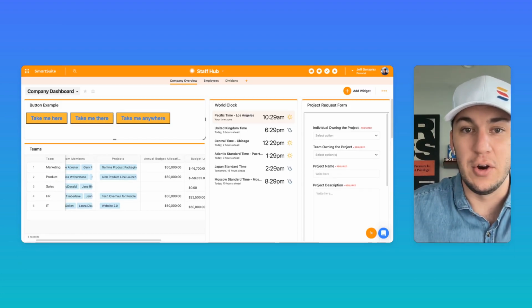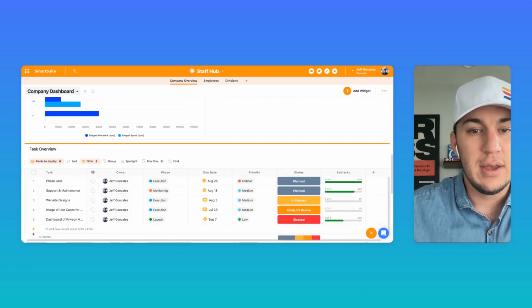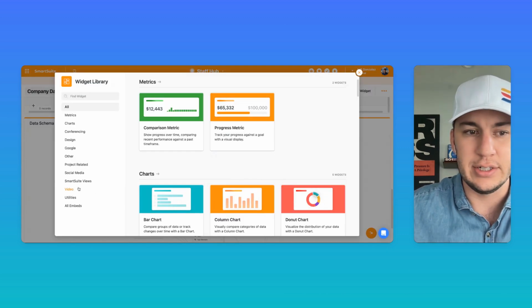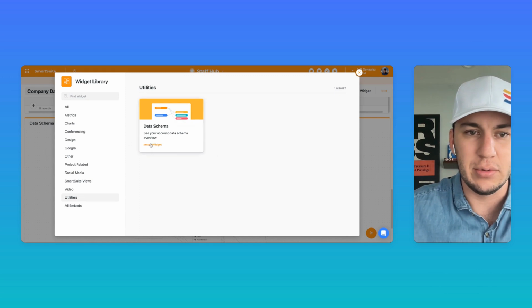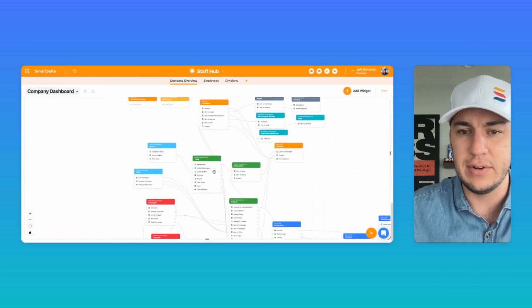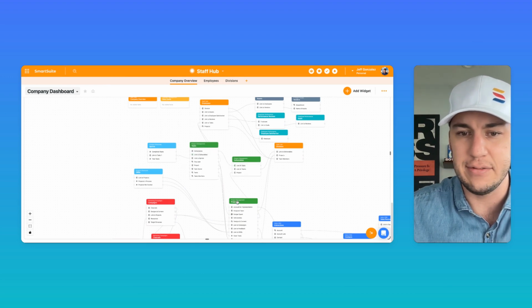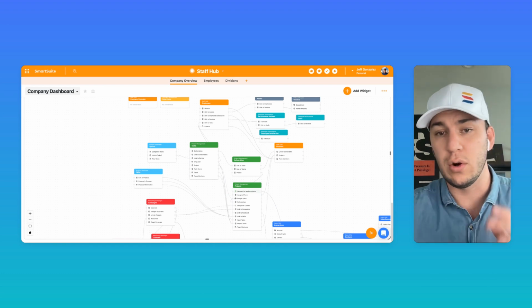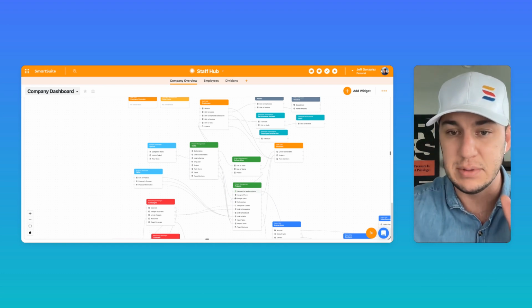Context is everything, so I will start here with my favorite widget potentially, our data schema widget. If you're curious where data schema lives, it's right here under utilities, data schema. This shows the relationship of all of the different apps and solutions that live in our workspace. You can change the settings to make it to where you are only seeing the relationships in a specific solution